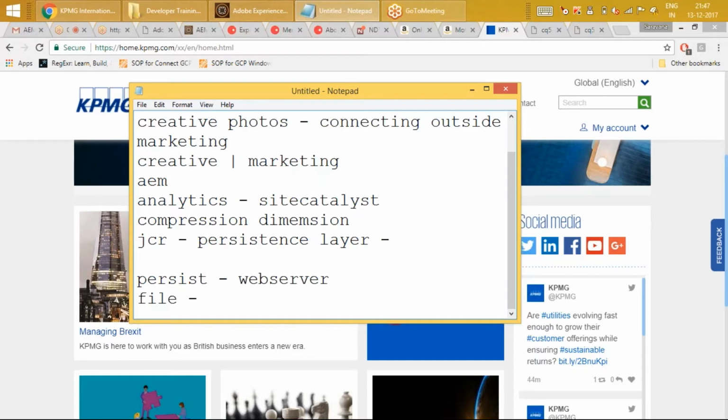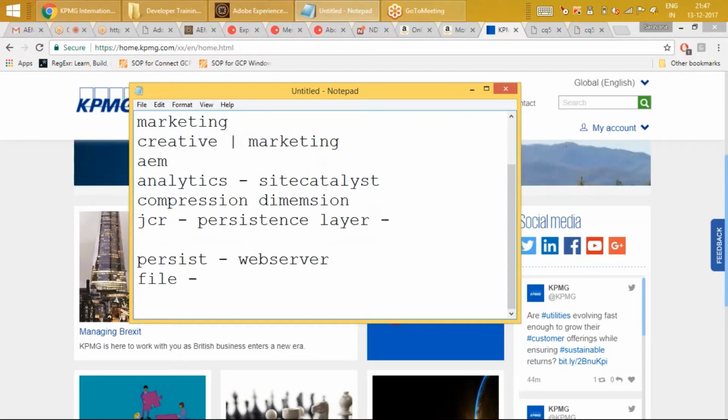So my persistence can be file-based. Even if I talk about cookies, cookies is once again a file. That is a physical file which is actually persisting the cookies, and it keeps on updating as a cache file, right? Either it's a file-based persistence, or this image can be persisted.